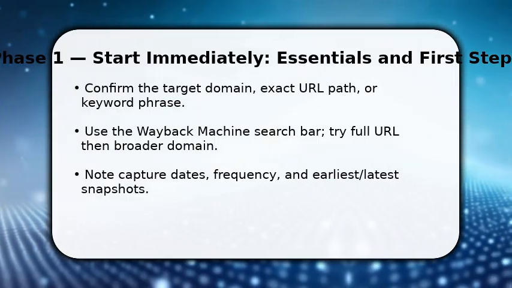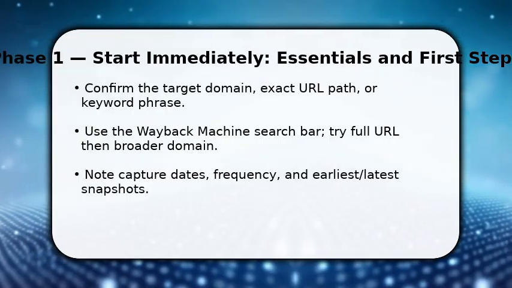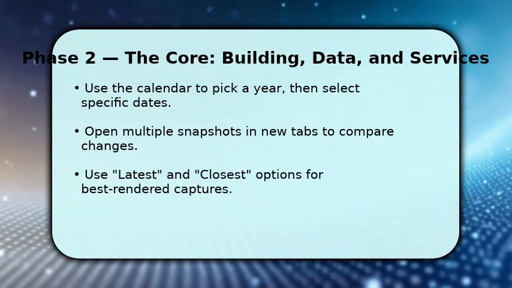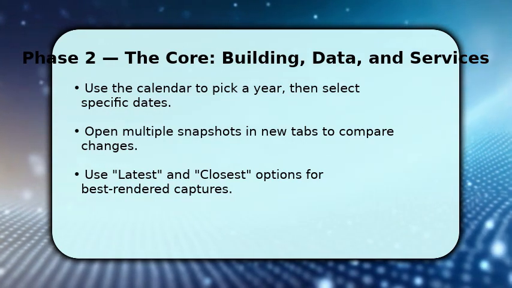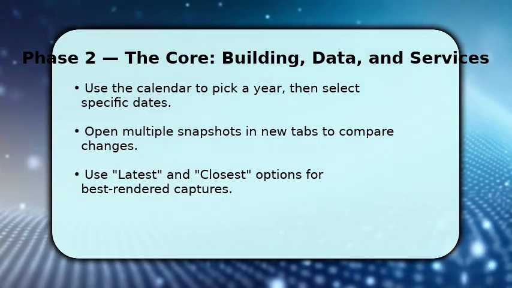Make sure to check whether the snapshot is labeled missing resources or partial. That tells you why some images or scripts may not load. Next, narrow results by clicking a year then a specific day on the calendar. This loads that snapshot. You should open snapshots in new tabs to compare versions side by side, which reveals what